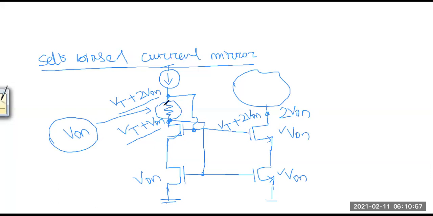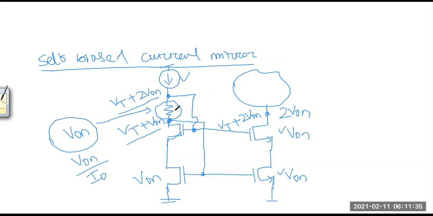So now you know this value is Von. If this is Von, then you know the current, because whatever current you want, the ideal current source you have to provide. Okay, so Von of this is around 200 millivolt. For that your resistance will be Von divided by I0. Okay, so Von is 200 millivolt, I0 suppose 100 micro, suppose 200 micro, so it will be in 1 kilo. Okay, simply it is in kilo ohm.